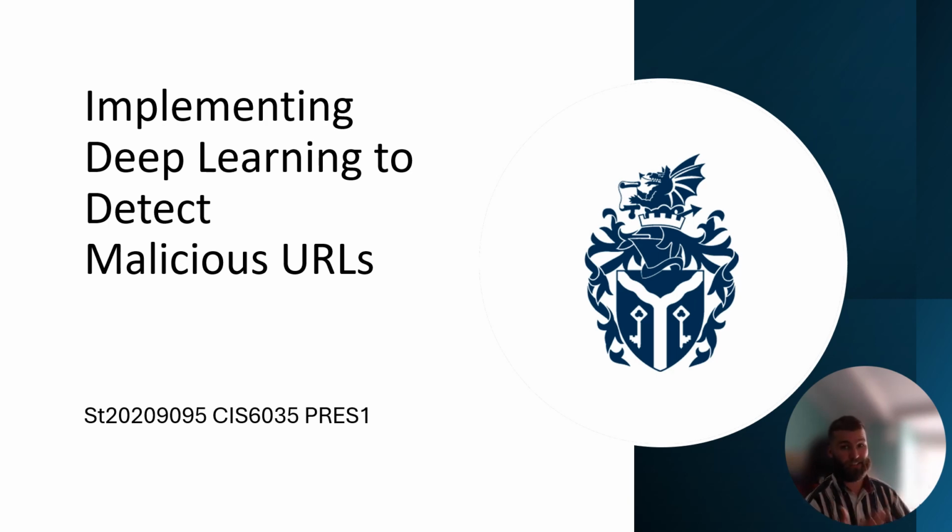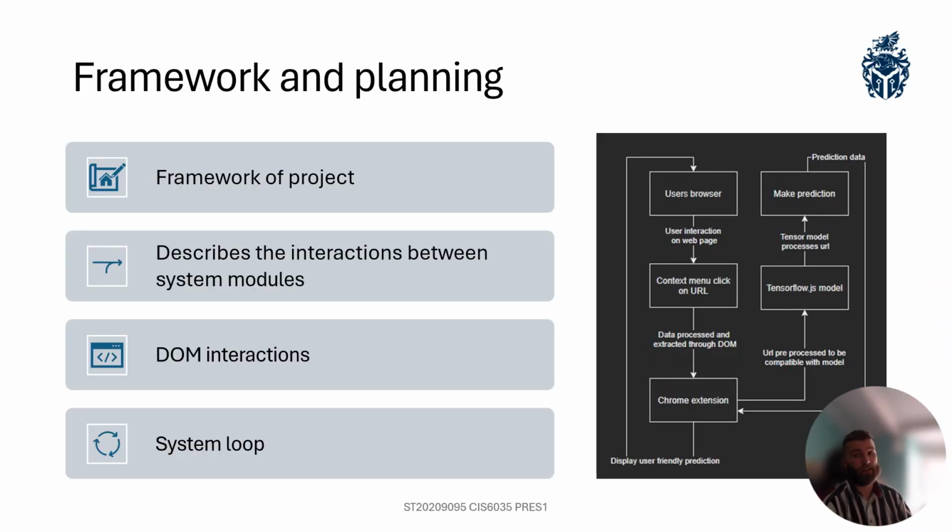So the application itself is a Chrome extension that uses TensorFlow.js, the machine learning language, to allow a user to scan a URL in their browser, and it will give them a confidence report on whether the URL itself is malicious or not. Firstly, when designing this project, there has to be some form of planning and frameworking involved to